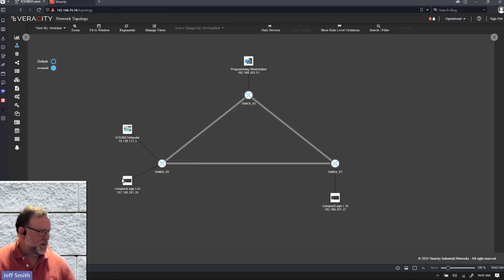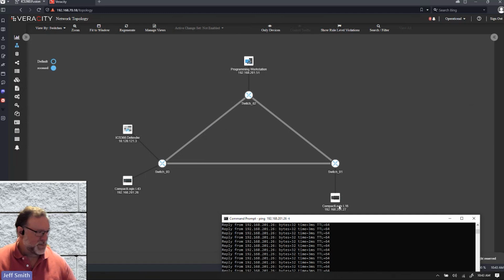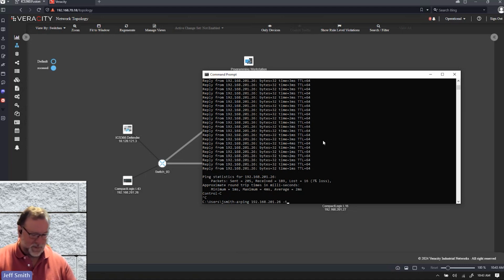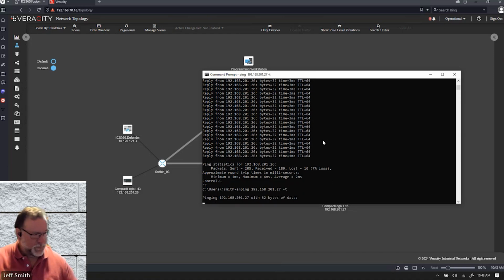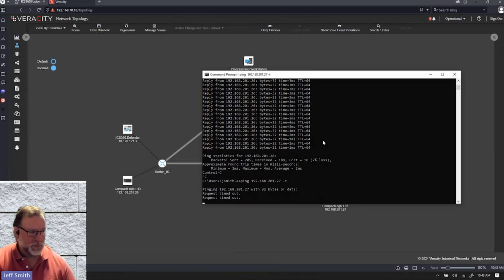So the L43, we know we can ping because that's what we're doing right here, 26. But what about 27? Can I ping 27? The short answer is going to be no, I can't, because that traffic was not on the network when I had the system in learn mode.